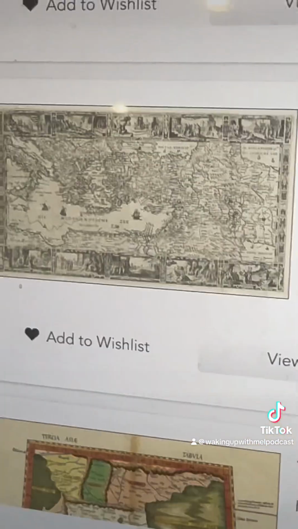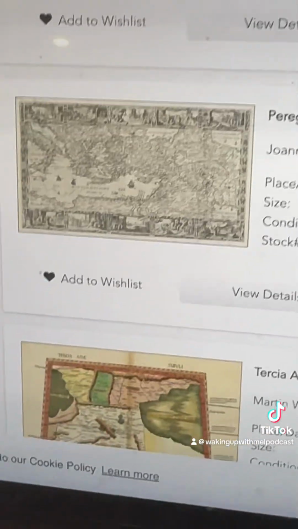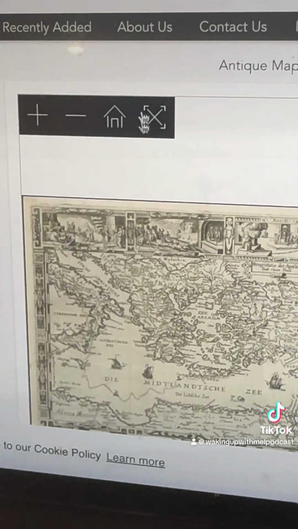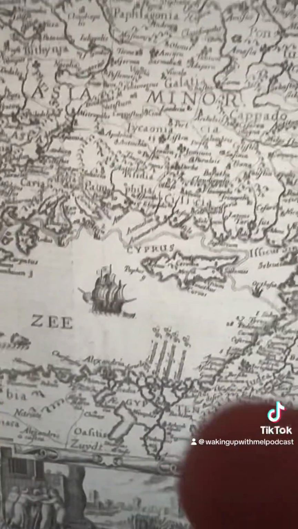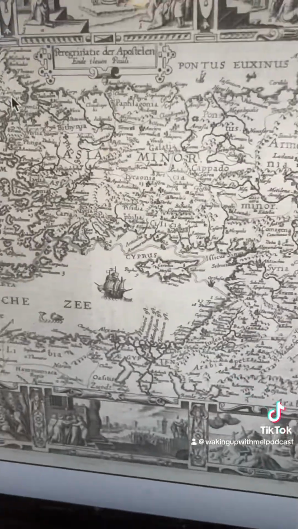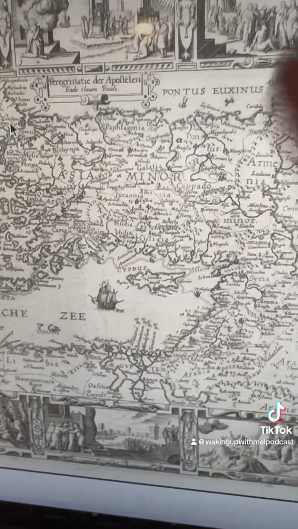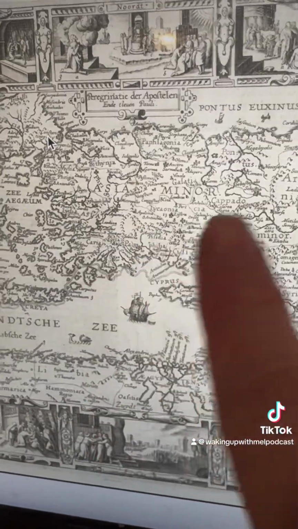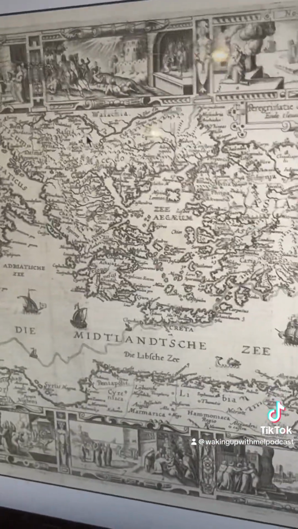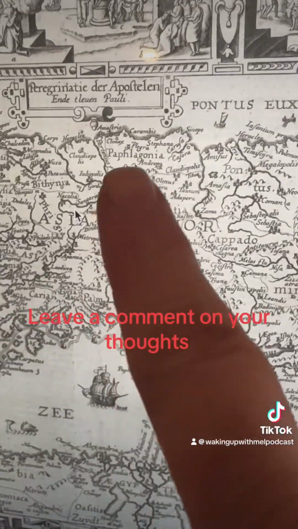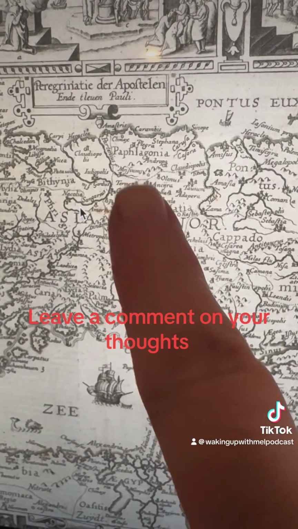1595. So let's find the Amazons in South America here. So again, how I always do this is I find Cyprus. I always find Cyprus and then right up and over, either way, depending on how they, but in Asia Minor, you will find Paphlagonia, and right by Paphlagonia is always the Amazons.